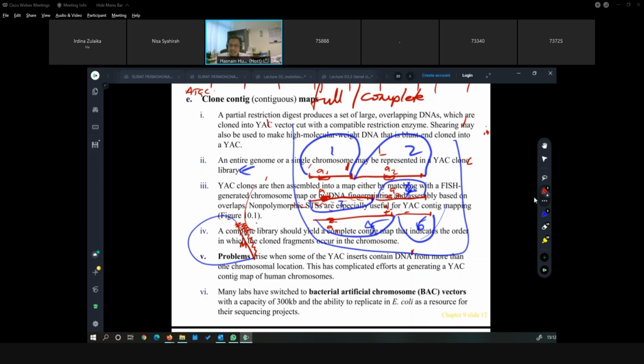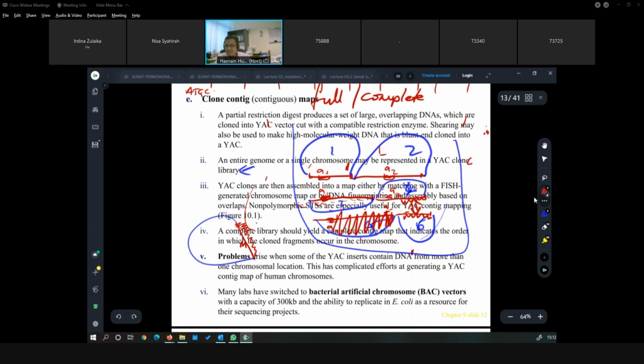Okay, so let's say when I do the sequencing, I forgot to sequence this, but I sequence this. How do I know that this one is located over here? What happens is that when I sequence this, it has similar information. It has a similar sequence to this, right? So this is what is called overlapping. These are overlapping here. So I have a position, and I will be able to determine that this one belongs here.